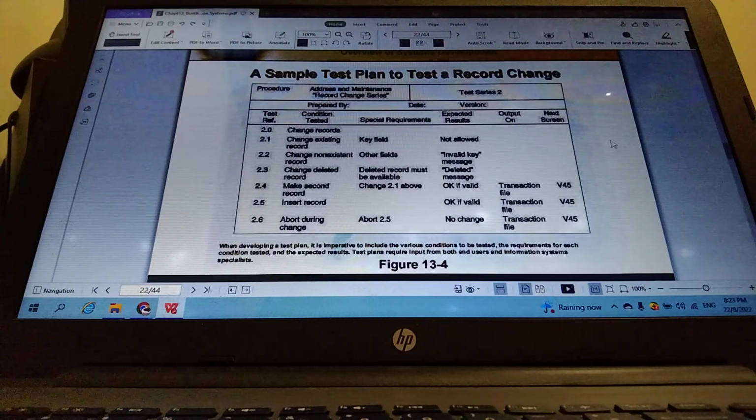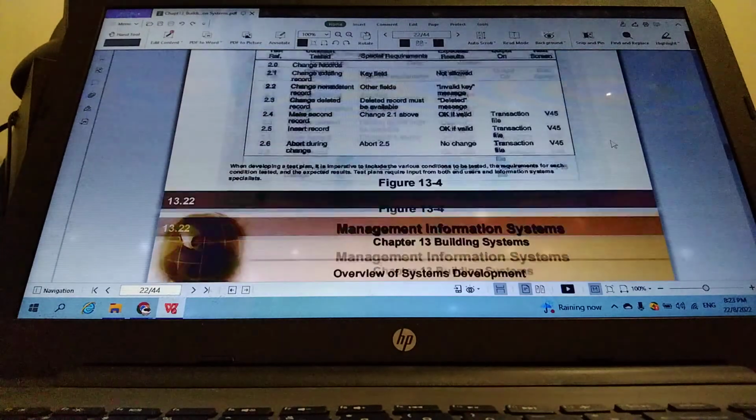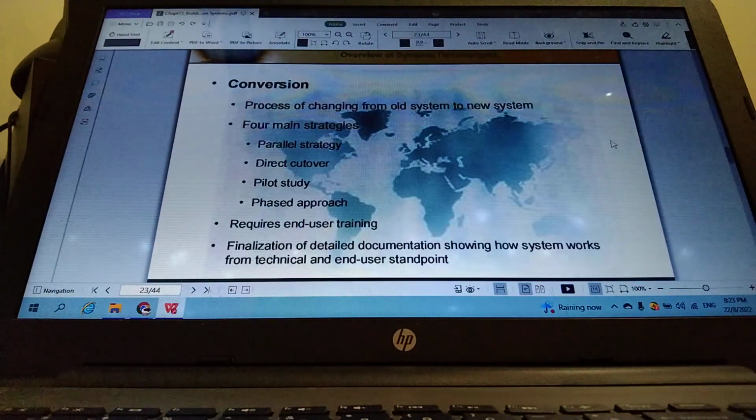So this is an example of where you need to have test data, then come out with a test plan or steps that you need to test the data to compare with the expected output. And if it is not as per the expected output, what can be done? What other options do we have in order to correct it or change it so that your new system behaves as per the requirement. So upon completion of all these stages, systems analysis, system design, programming, testing, next we move on to